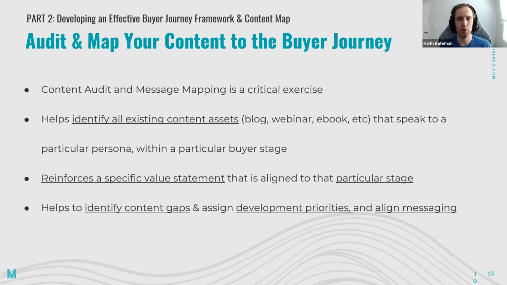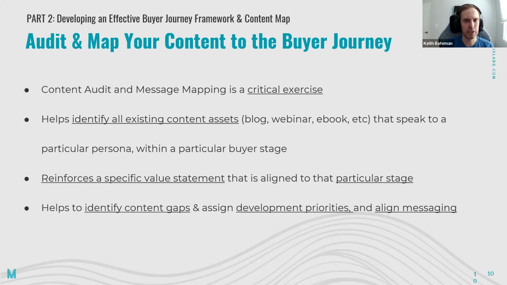I can tell you from example, when we were doing our own evaluation of content, we found a particular persona we were really underwriting content for. So we quickly realized that for a particular persona we had, particularly in operations, we said, wow, we haven't been writing the same amount of content for data operations as we have been for sales and marketing. So that allowed us to reprioritize our content team to start saying, guys, we need to reinforce this persona and the quality of content we write for them so that we can start catching up and making sure that we can fill the content gaps here. So that's another benefit of the content audit and mapping exercise, because you can see, do you have the content to support each of those stages and the personas that you want to market to?